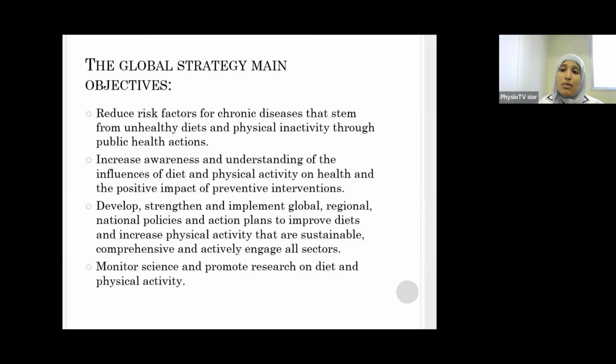Once we talked about the energy balance, we know there are two components in this. The first one is your input and the second one is the output. The input becomes your diet and the output becomes your physical activity. If you have to maintain a proper energy balance, your input, that is your diet, and your output, that is your physical activity, need to be balanced and well maintained. Only then will we be able to defeat obesity or prevent it, which is why only diet or only physical activity is not going to help us. We have to balance between our intake, that is our diet, and our output, that is our physical activity.